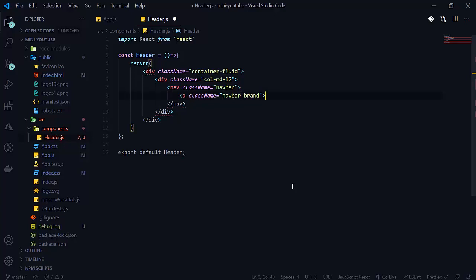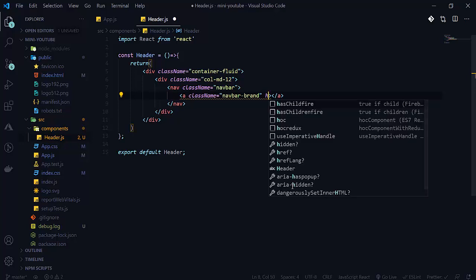I will not give much preference to the interface here, because my main motive is to show how you can get data from the YouTube API, and then how you can interact with that data to make a mini YouTube-style application.